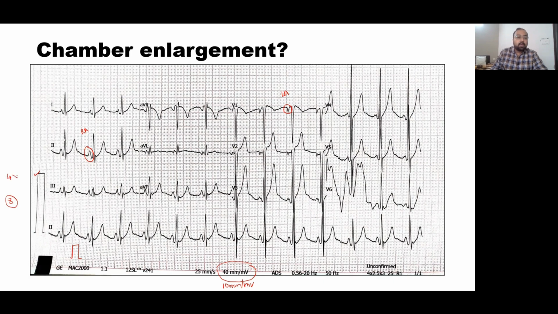And hence, the sensitivity of the ECG has become 4 times. So whatever is the electrical activity normally present in the heart, this ECG trace will magnify it 4 times. And hence you see very tall P waves everywhere, and the QRS complexes are also looking very gigantic. So as a learning point, always check for the calibration before going into the dimensions of P wave or QRS complexes for that matter.